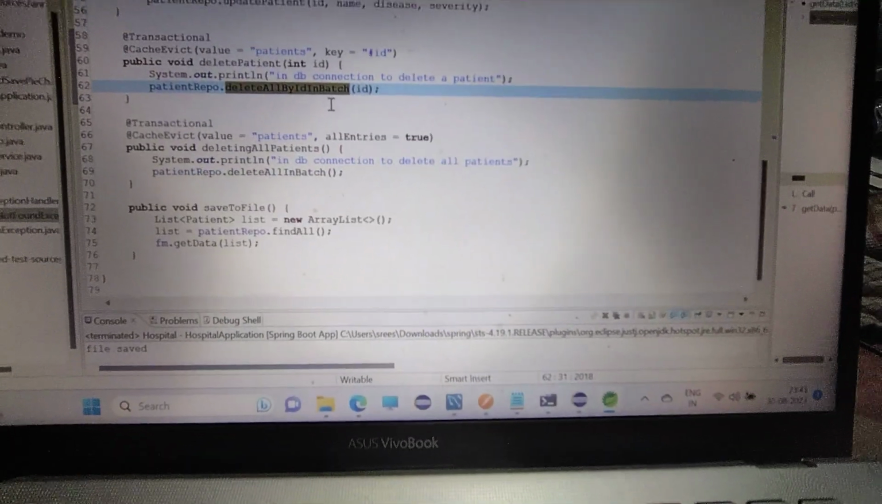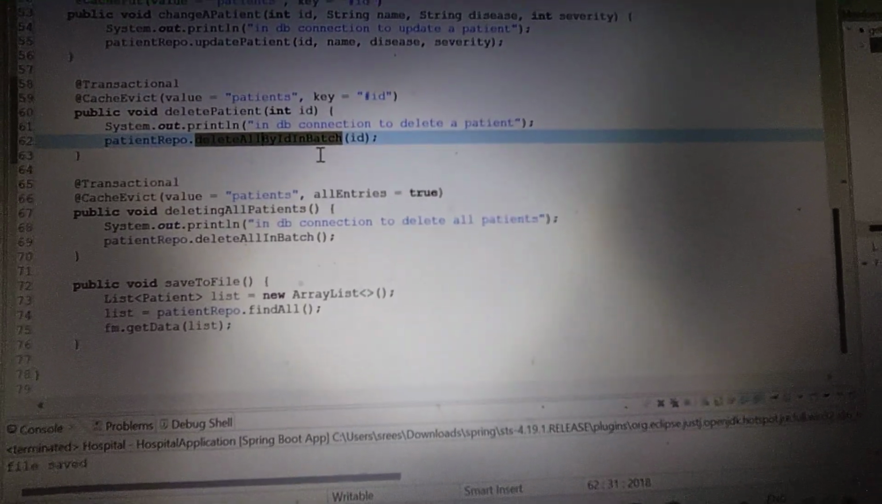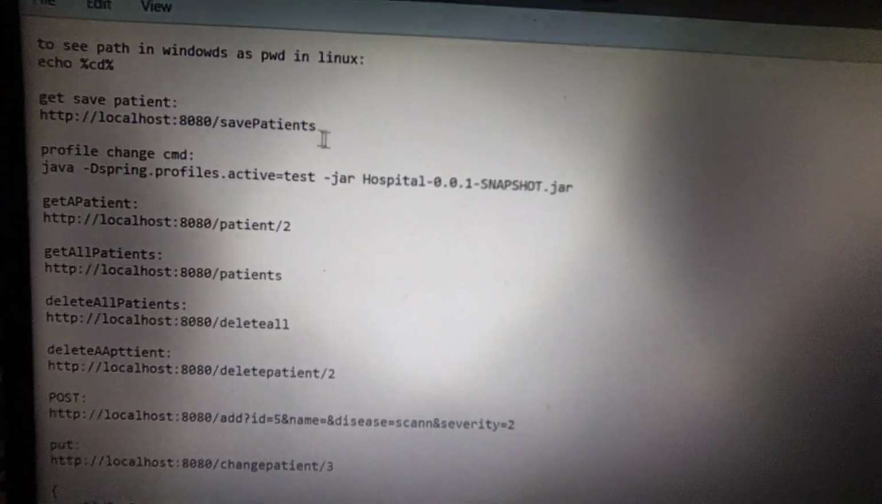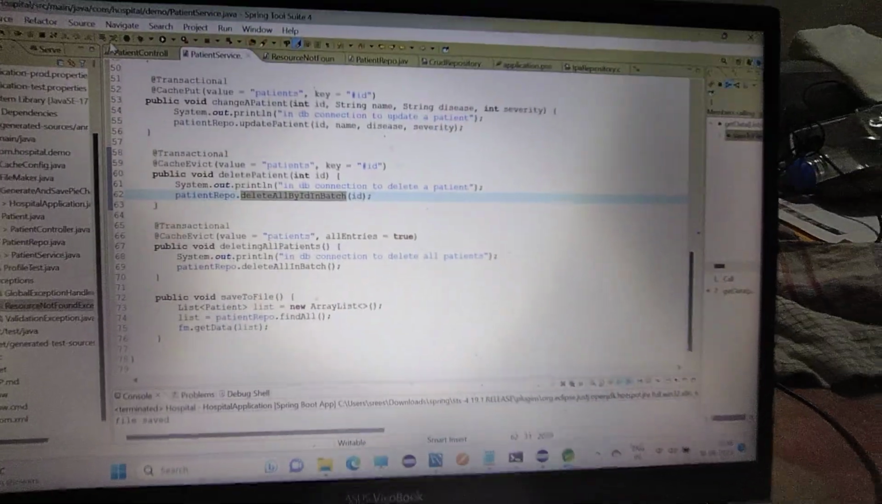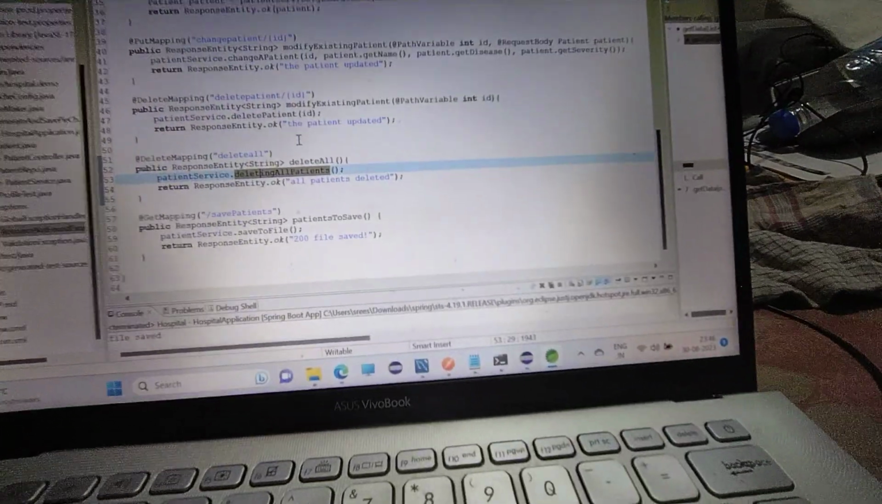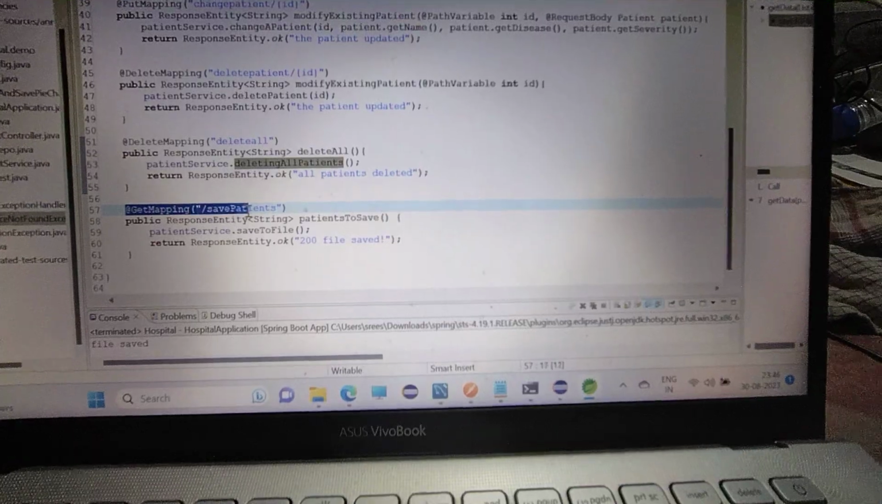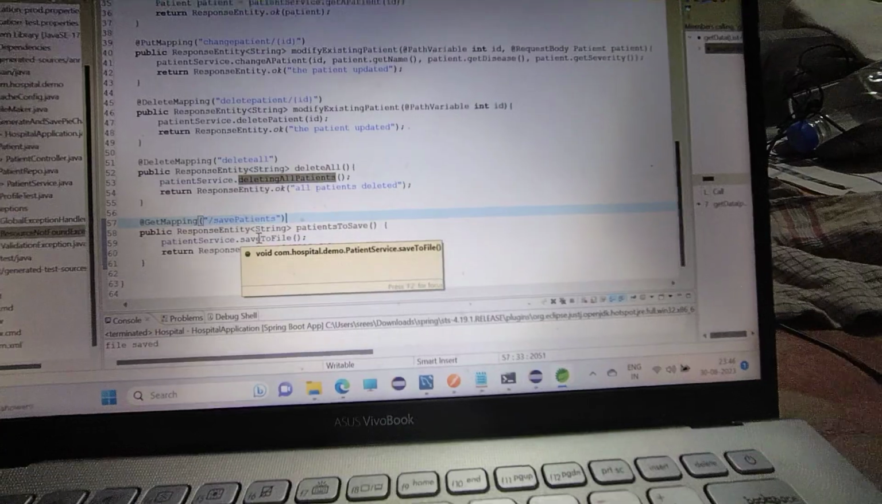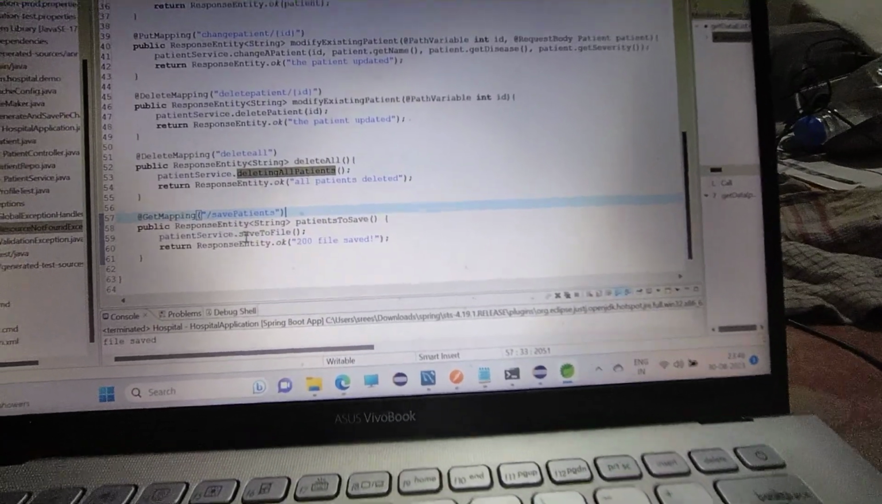And how does the data in the TXT and image get saved? That is because I have created one more URL called savePatients here, right? So in the controller class, if we go, we have created a get mapping and the savePatients, and here what happens is I have created a saveFile method in the patient service. So if we go inside,